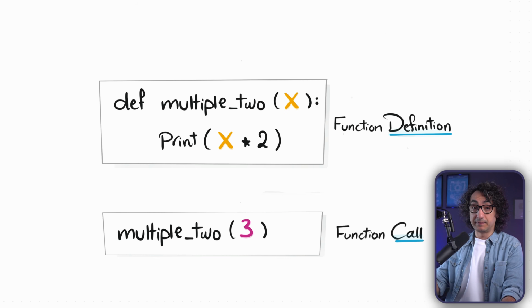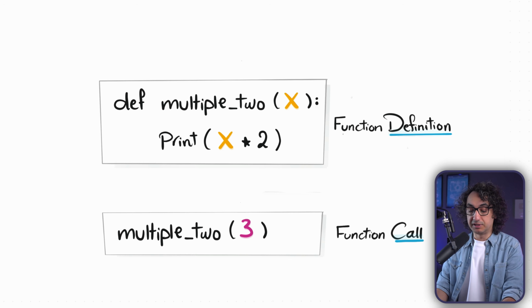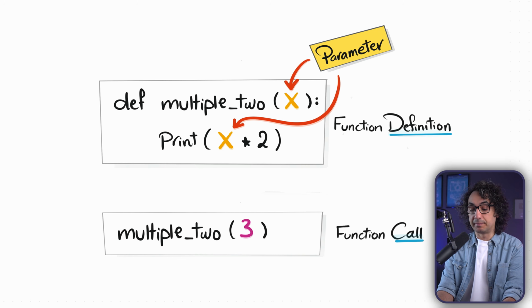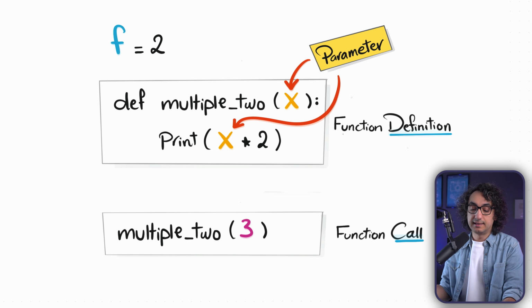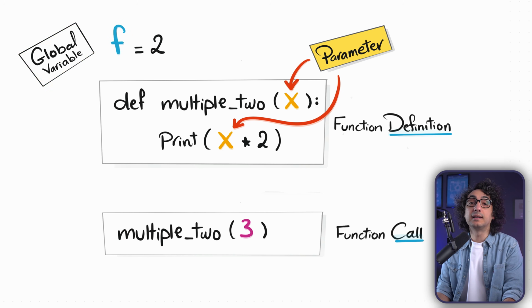So let's dive in. Okay, now by looking back to our very simple function where we are multiplying things by 2, so it accepts an input, then multiply it by 2 and print it out. So now the x here, the input, it is our parameter, so nothing new so far. Now let's extend it by adding a new variable completely outside the function. So for example, the f, it is equal to 2. Now since this is outside of our function, we call it a global variable.